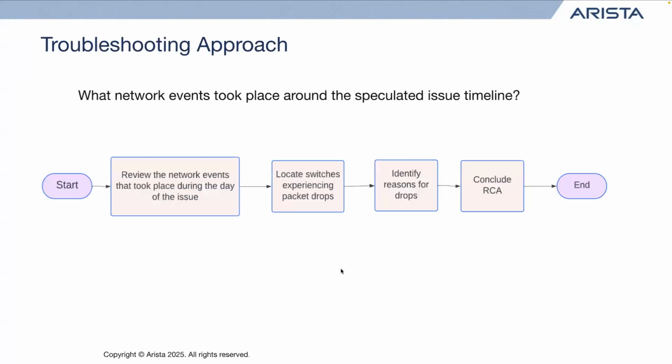So now, to troubleshoot this, we need to establish an approach. Since upon discussing the key pointers we don't have any specific flows that we can look at, or any correlation to the symptoms, we're going to leverage CloudVision's telemetry services to look at the network events that took place during the time of the issue. For that, I have a pre-recorded session from the customer's CloudVision setup. So please follow along, and if you have any questions, feel free to post them in the chat or the Q&A.